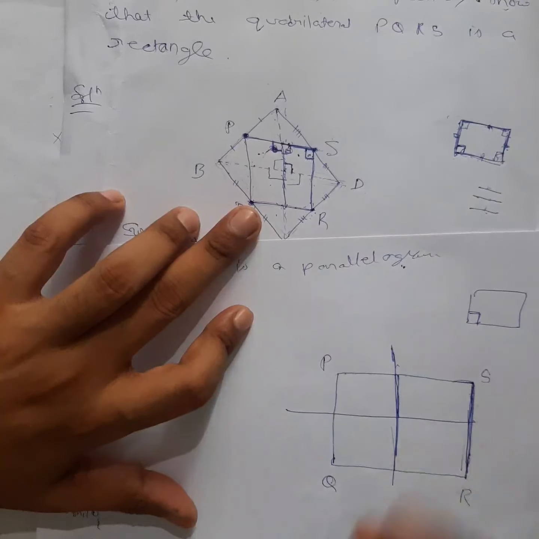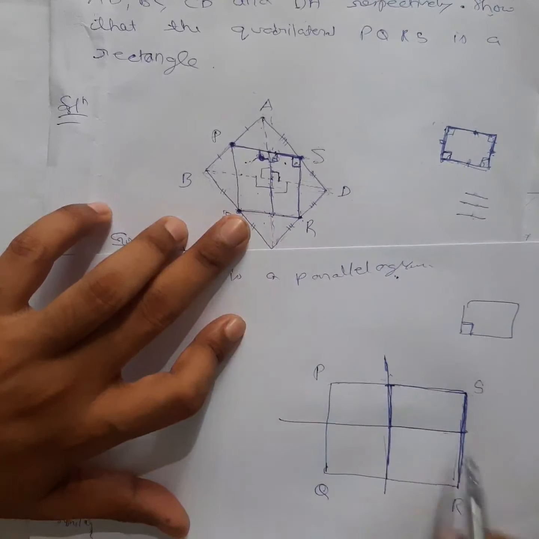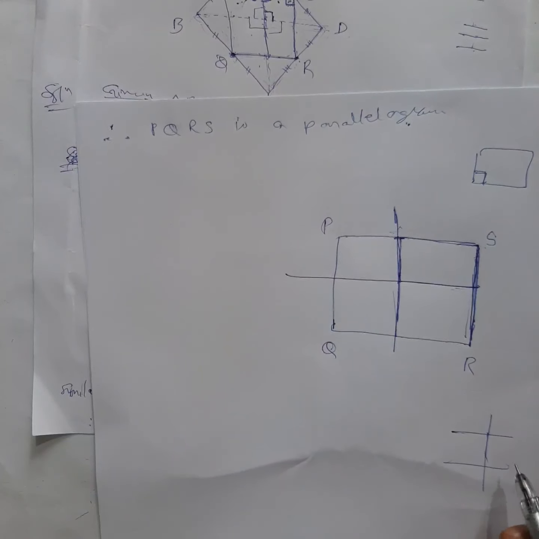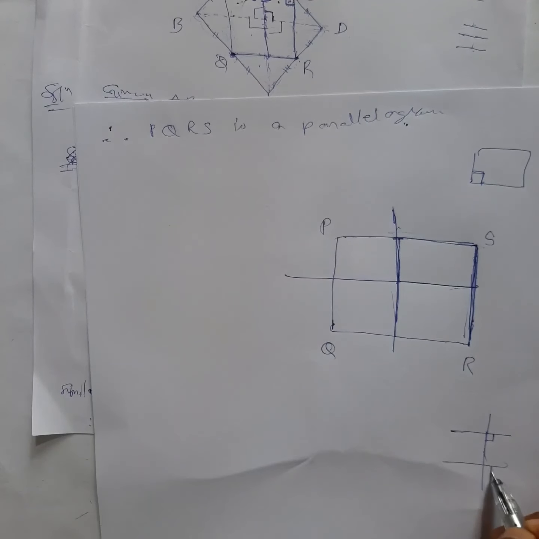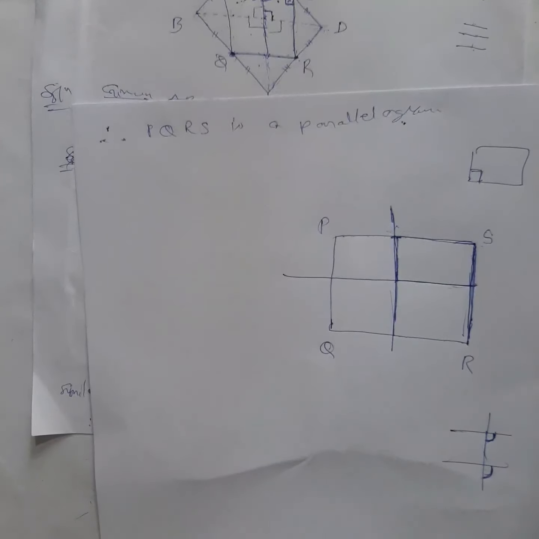So if it is parallel, can I use the parallel property? Transversal, transversal, right? This is also transversal. And we know in parallel lines, if this is a transversal, then this angle and this angle are always the same, right? This angle and this angle are always equal, right? Most students know that this angle and this angle are the same, the alternate interior angle. Now see, this and this angle, equal or not? Vertically opposite angle.